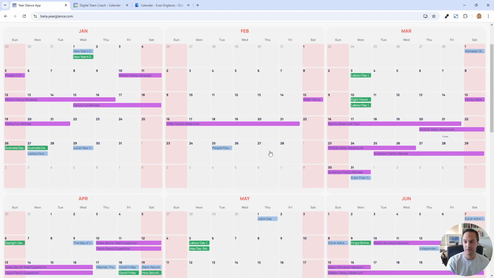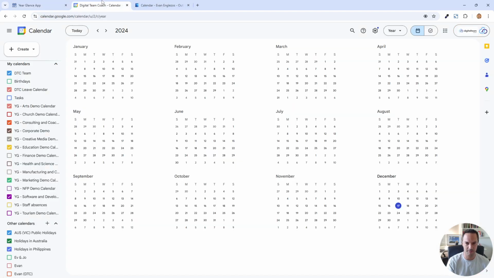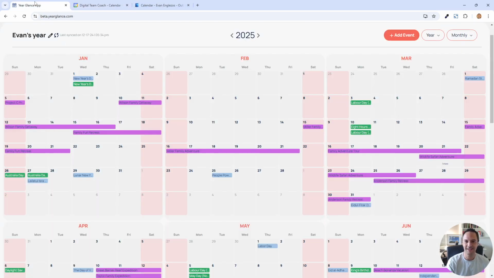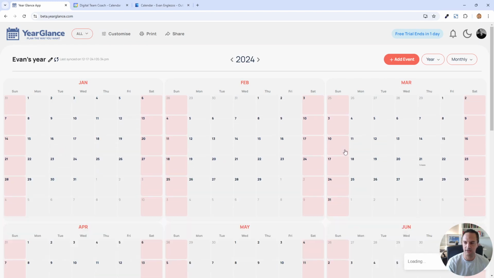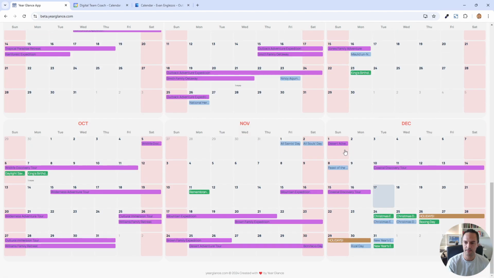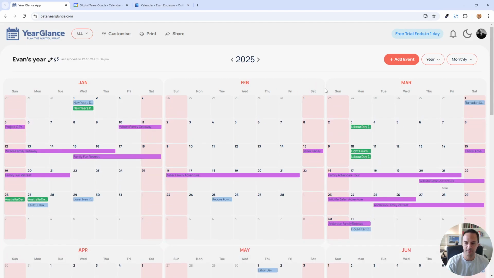And you've got your year view here straight away. Much more meaningful than Google's little attempt here. And Microsoft is non-existent. So here we can see the events that we've got on. We can switch years, so we could go back to 2024. It's just populating all that now. And that's correct. Let's go back to 2025. There you go. It's just bringing them all in. And there we go. Really, really quickly, it's put the events on the map and we can see it all in one hit.